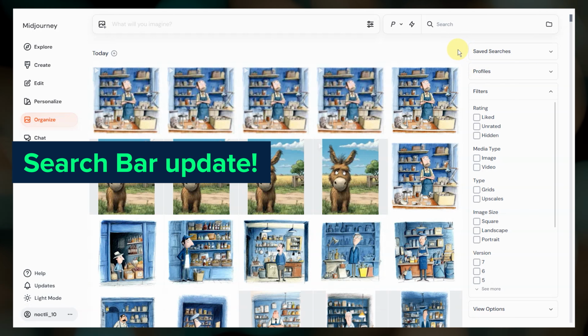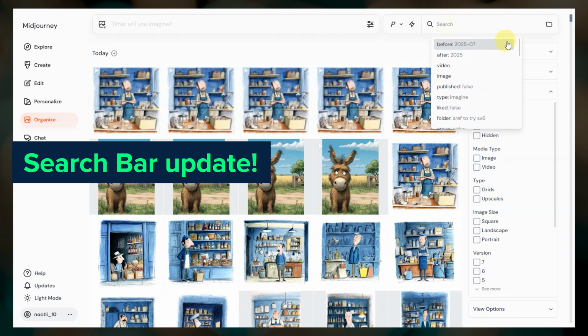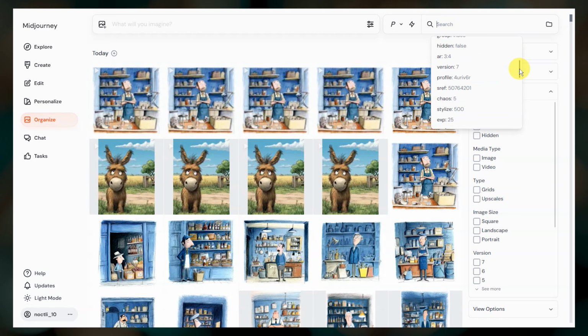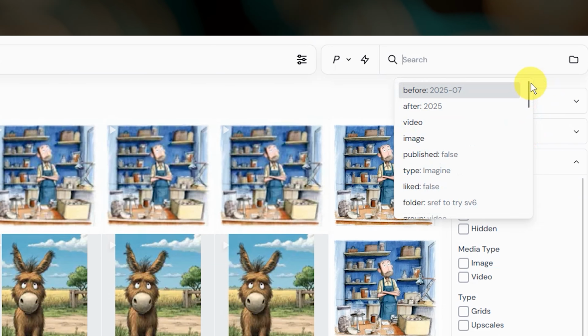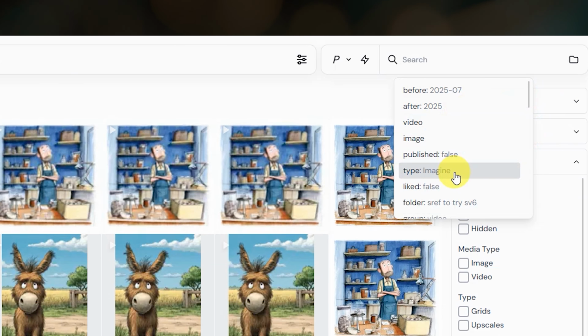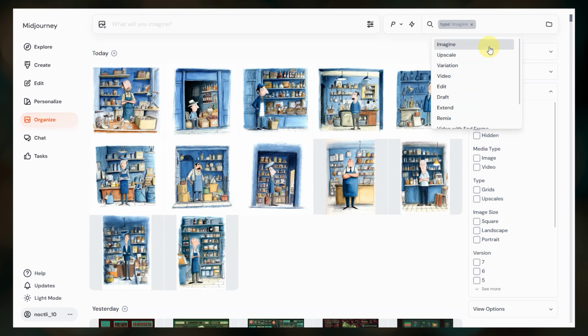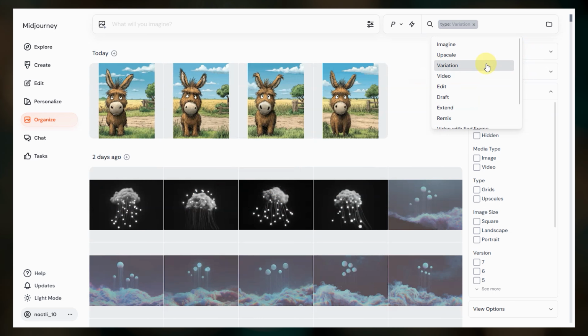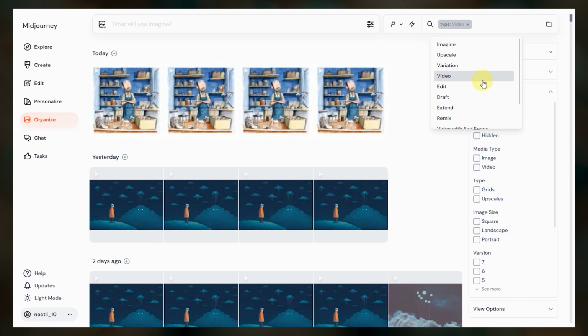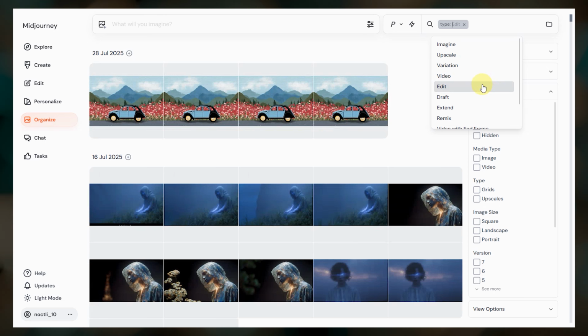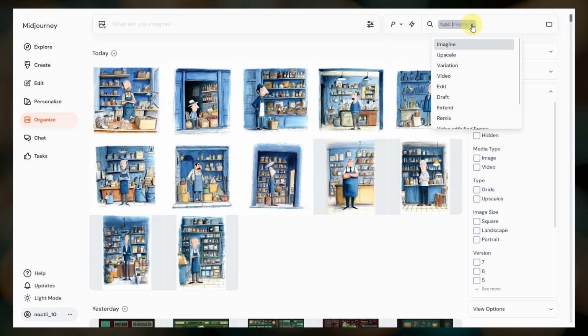The search bar on the Organize page was updated to make it easier to search for images based on things like parameters. You can still type in a parameter and a value to search, but now we are shown a drop-down of possible options. For example, selecting type allows you to filter to images that were created through variation, the image editor, draft mode,